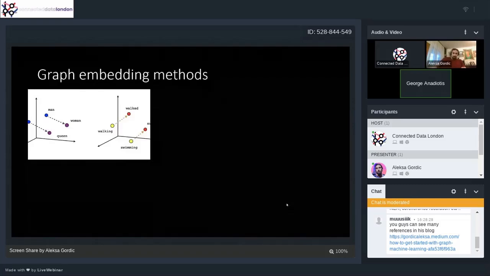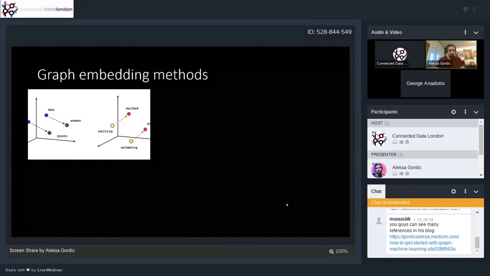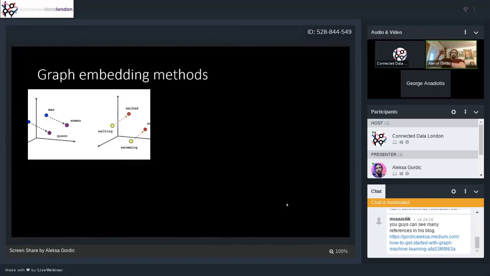Okay. Short overview of the field, as much as I can do in 7 minutes. So basically, everything started with graph embedding methods. If you're familiar with natural language processing, NLP, you know about the word2vec method. The main idea there was you sample sentences, and you have some table of vectors, which are your embedding vectors.